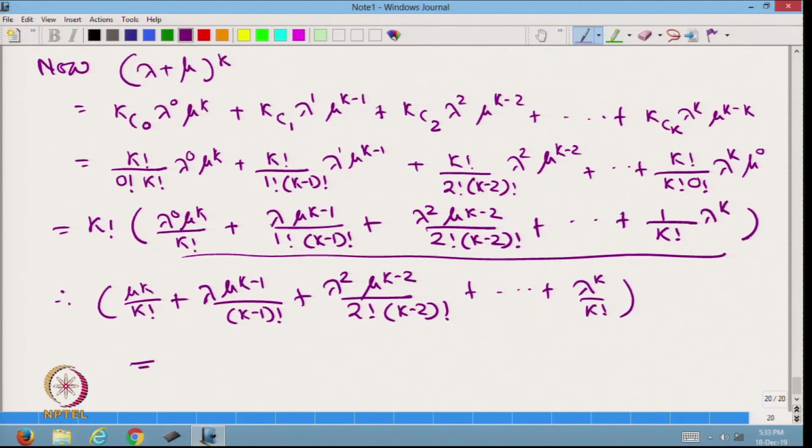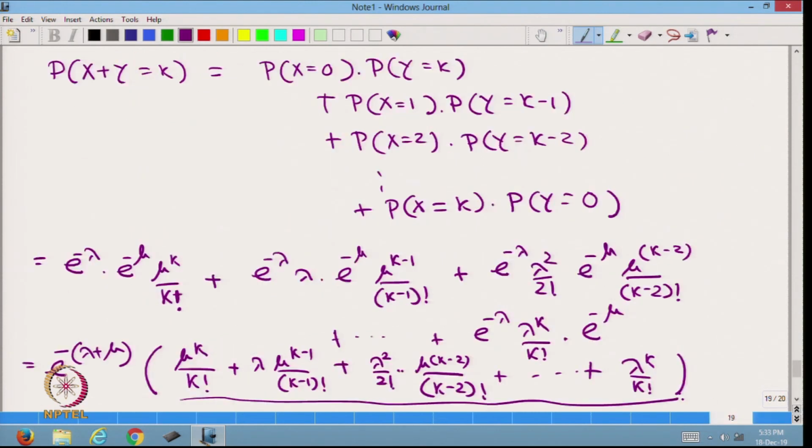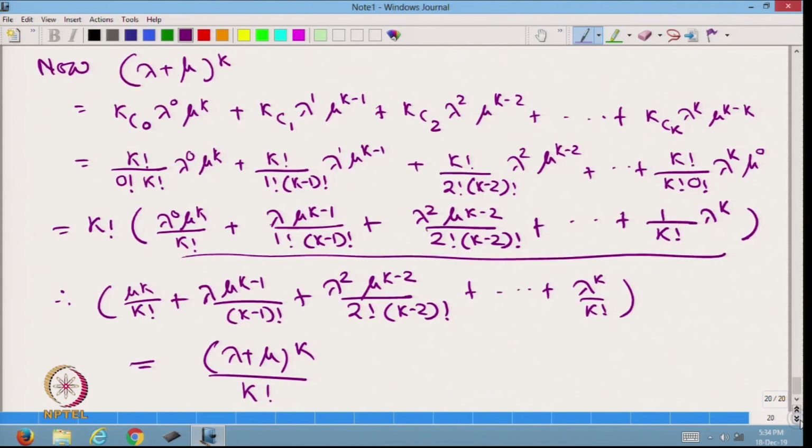This term is nothing but lambda plus mu whole to the power k upon factorial k. Therefore, if we replace it with lambda plus mu to the power k upon k factorial, then we get that